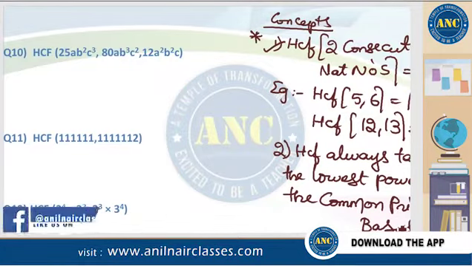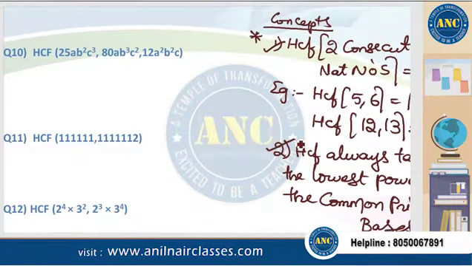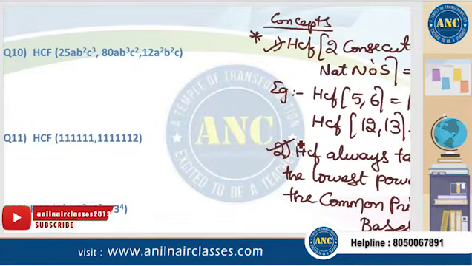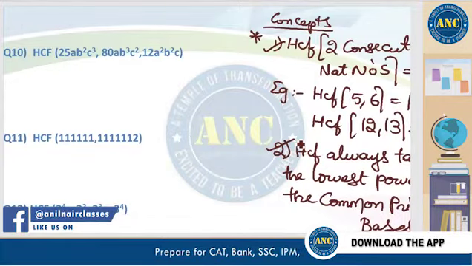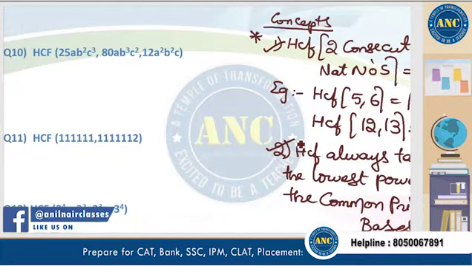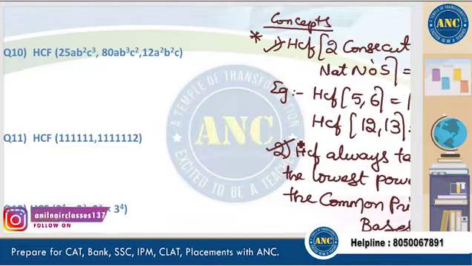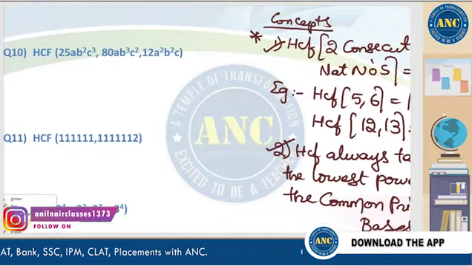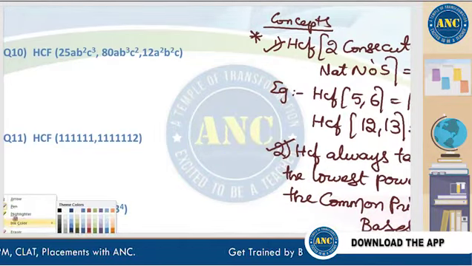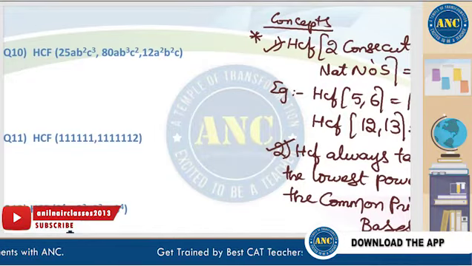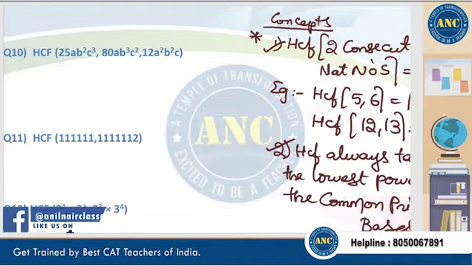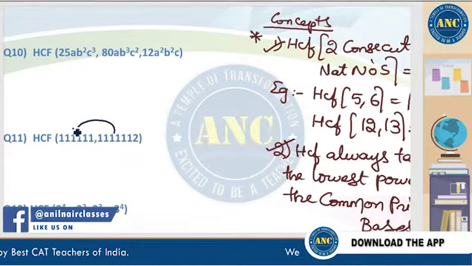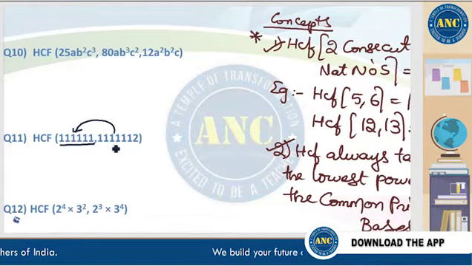These 2 important key points are used in these problems: HCF of 2 consecutive natural numbers is always 1, and HCF always takes the lowest power of the common prime bases. Now if you observe, these both are